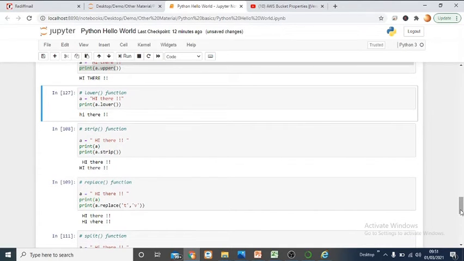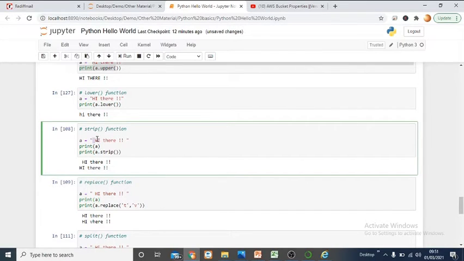Now similarly, there may be cases where a string you get is padded with spaces at the end and at the beginning of the string. If you have a string which has some spaces at the beginning and end, and you want to strip them, you can utilize the strip function. Now let's see a demo of the strip function. When I run it, you can see that prior to the strip function we had this space and this space at the end of the string. However, after running the strip function, we were able to remove the spaces before and after, right? So these are the three important functions.